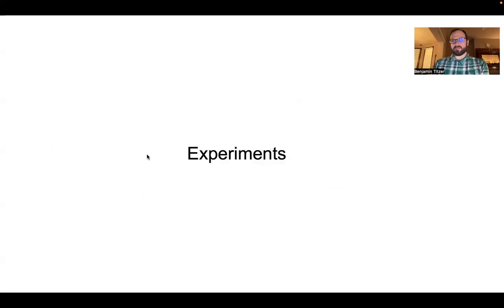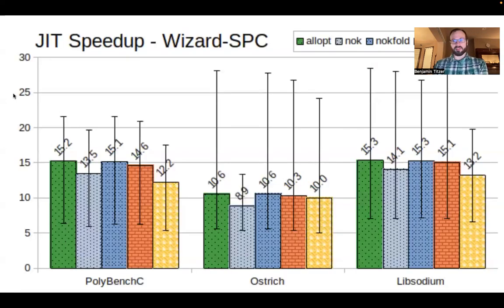So now I want to talk about some experiments in the paper where we evaluate the effectiveness of the compiler and these optimizations. So the first one is, does the JIT make things faster? And the answer is yes. Surprise. So I wanted to actually quantify the speed up from the JIT and quantify it under different optimization configurations. So the baseline here is going to be Wizard's interpreter. So 1.0 would be the same speed as the interpreter, and 5 would be 5 times faster than the interpreter.